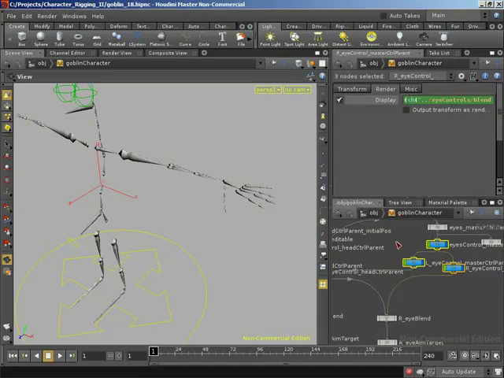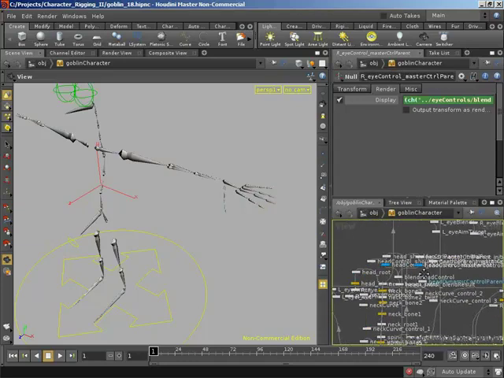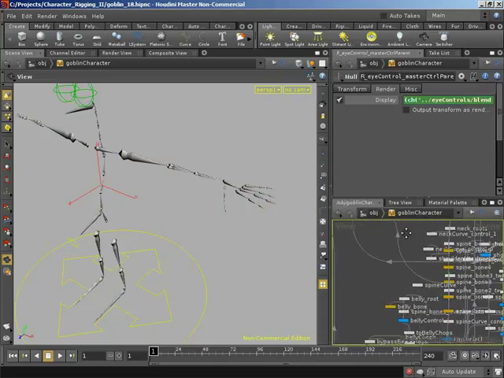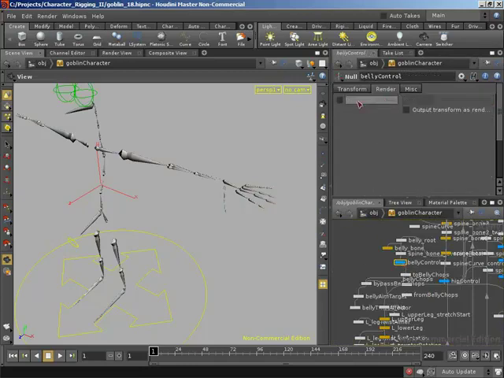So all that's left to set up now is level of detail 4 on our belly control. So let's find the belly control and set that to have control level of detail greater than or equal to 4. So if we back off from our character,